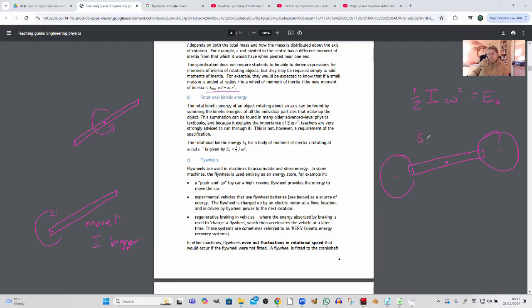So this is a spaceship. Why would you want to rotate a spaceship? So that you can simulate gravity, so you don't get your bones depleted of calcium. It would be spinning like that, and then the people would be standing up like that. It would be really quite unpleasant to be in there, I think. It's like a centrifuge. Maybe if it was very big, it would be all right. You'd end up with a spinning thing, skies out of the windows, if you had any windows. Anyway,